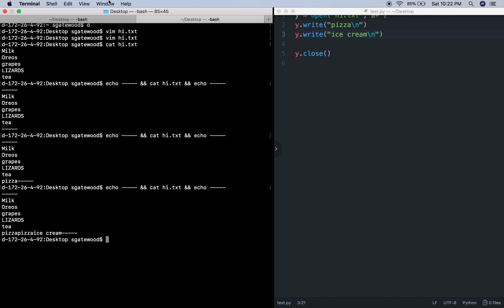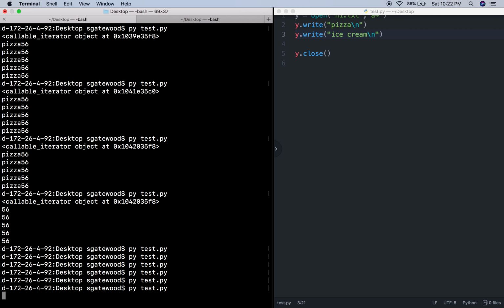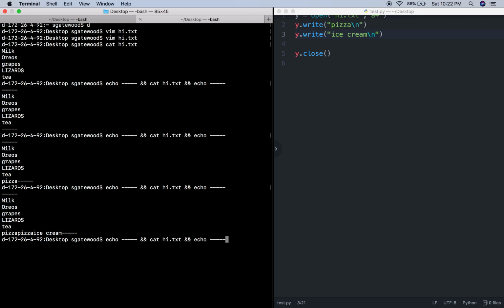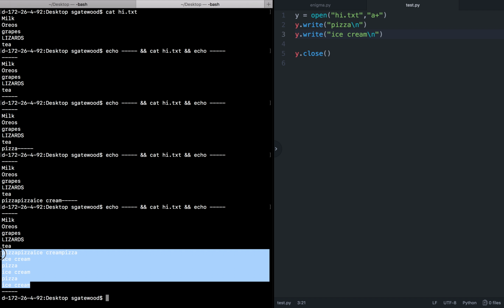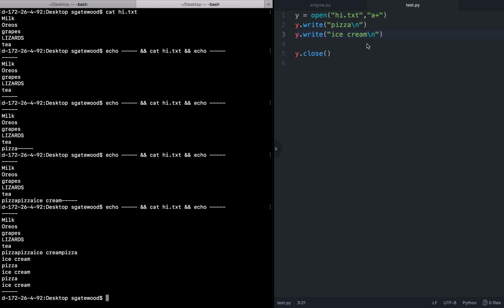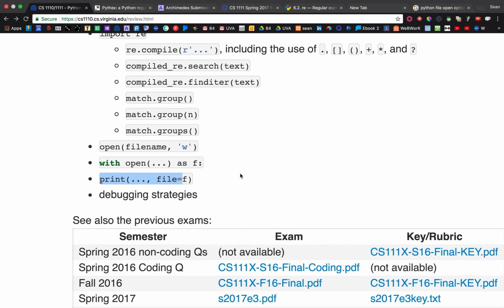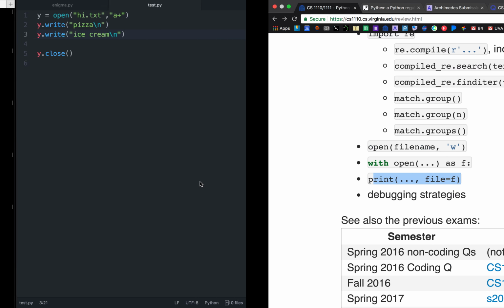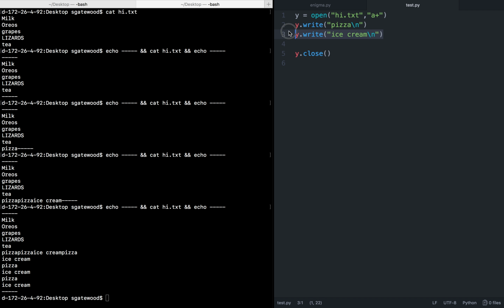So if I go back here, I'm going to run this a few times. You'll see that now we have it nice on new lines in there. All right. So now we're going to use print, and this is going to do the same thing. It's basically all you have to do. If you don't want to deal with that new line thing, then what you do is you say, I'm just going to print